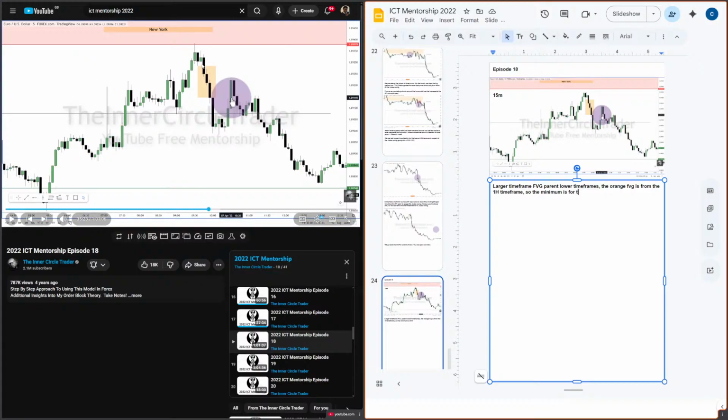Because if I have this large fair value gap from here to here, then the idea of a nested fair value gap where I can get a sniper entry is lost because I have a big range instead. And it just widens the risk to reward ratio, widens entries, and I'm adding more of a stop gap, which will affect how much you make.